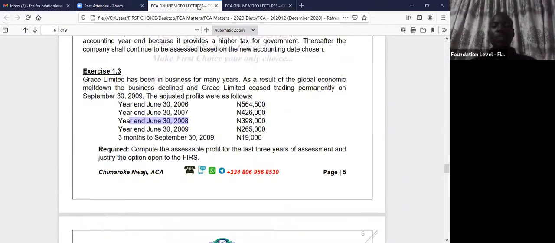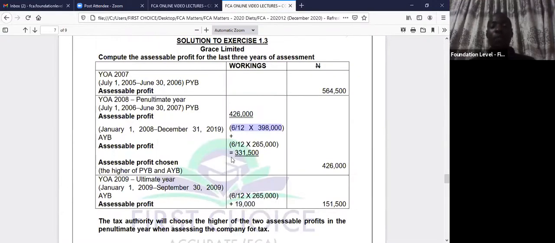Then the remaining 6 months, that's from July to December, we are going to take it from here. That's exactly what we did. And we have this 331,500. And we choose the bigger one as being qualified to represent the assessable profit for 2008, the